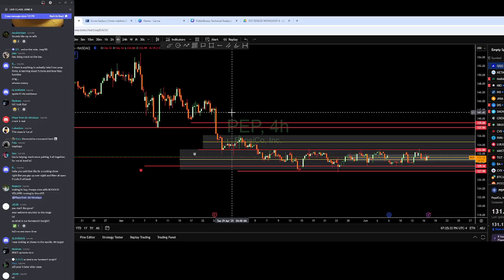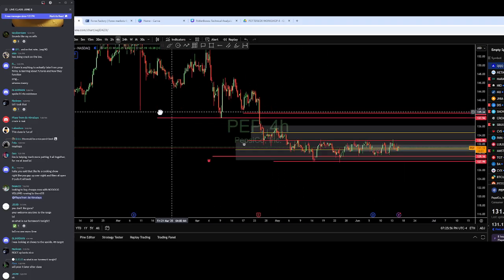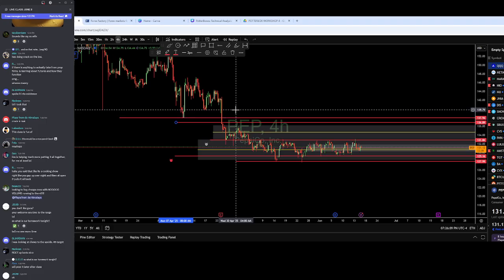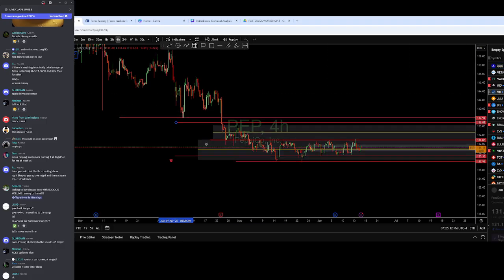Think about most wicks, I don't really care about the ones that are just kind of wicking around. But the big ones where price really reaches out, if that was a price that was rejected heavily or bounced off of heavily, you should expect price to react to it. So if it's a green wick that's stretching, if the wick was out here, you dip down and bounce off of 136, that would be a target. But for the most part, you're typically looking at a green candle close or the floor of something to your left.